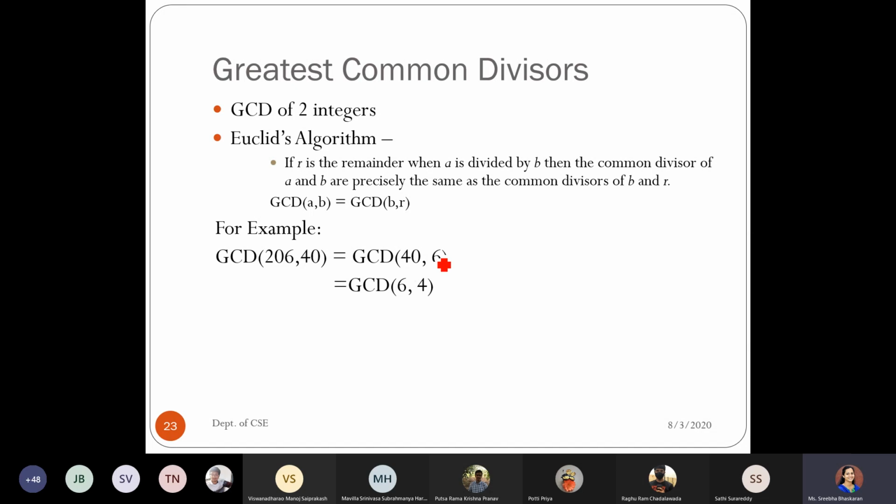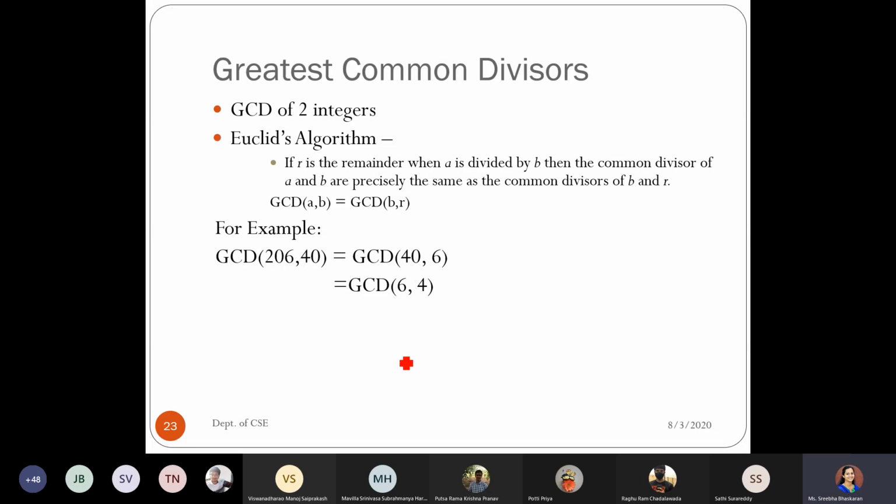The remainder is not 0, so we iterate again. Next time, the current B, which is 6, becomes our A. The B value will be the remainder of 40 with 6. When you do 40 divided by 6, the remainder is 4.